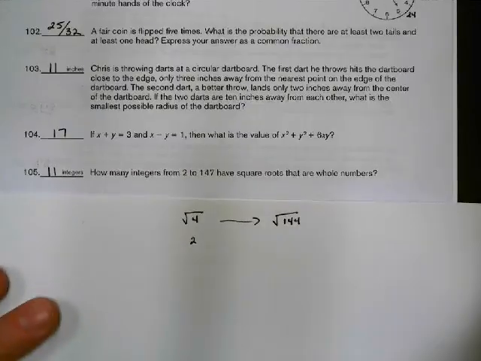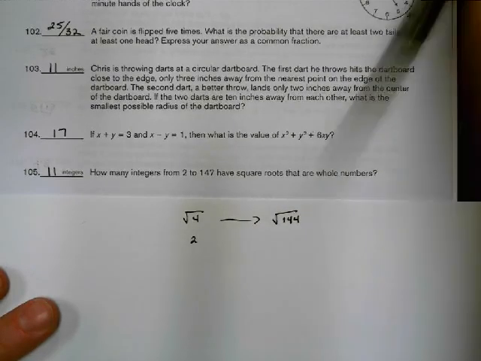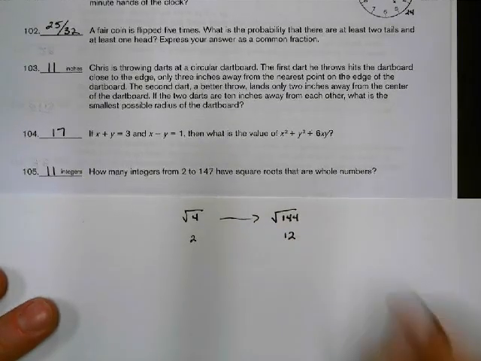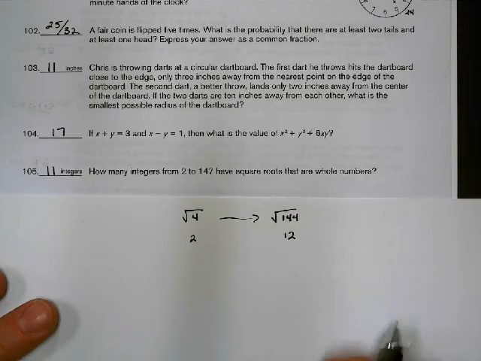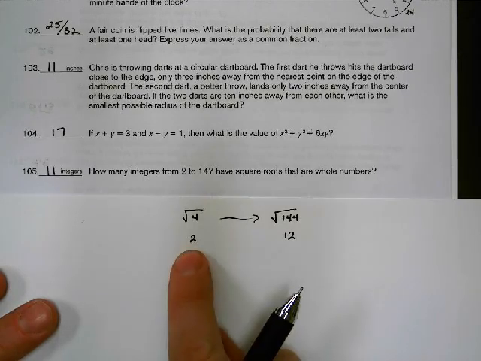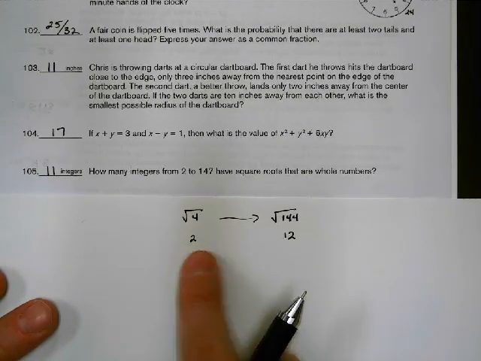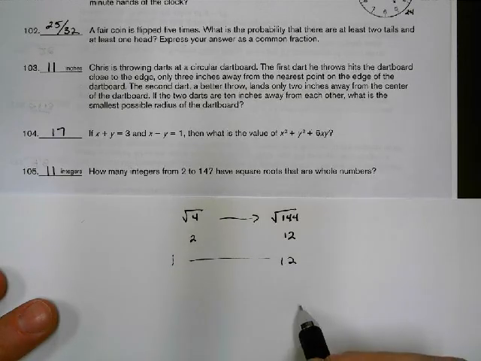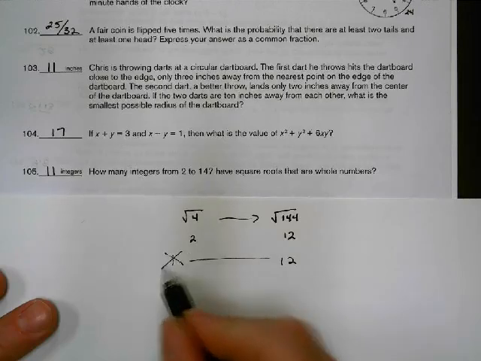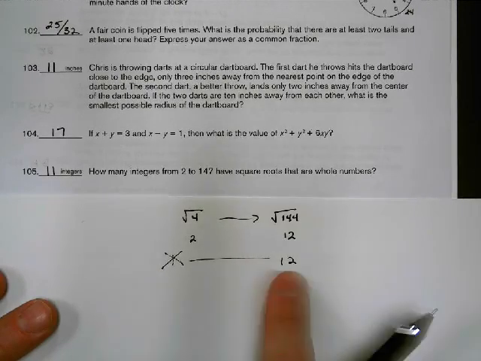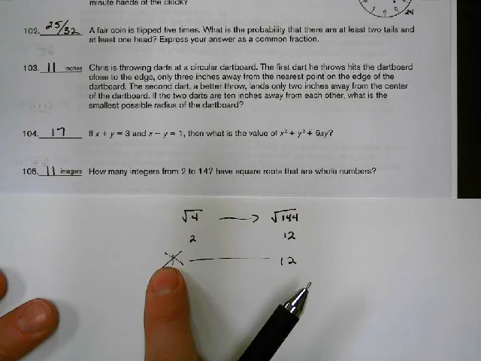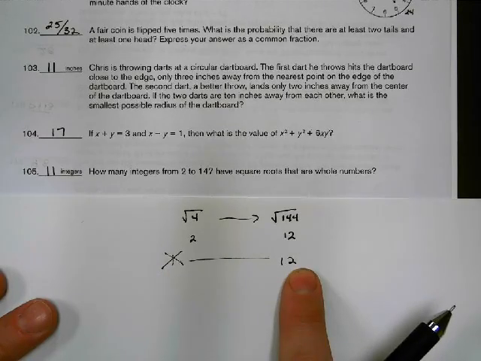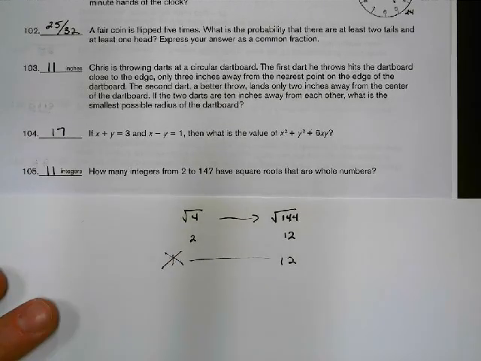So basically, it's not 12 minus 2 because we're including this 2. So it's not 10, it's actually 11. Another way to think of it is we're going from 1 to 12, but we're using everything but 1. So going from 1 to 12 without using 1, that means we're using 11 of those numbers. So 11 integers would work. Next,